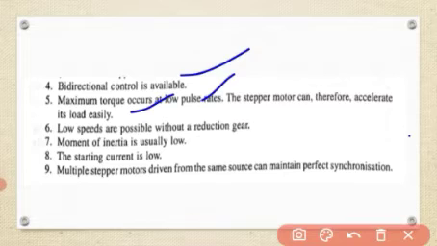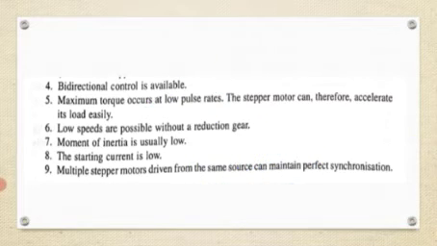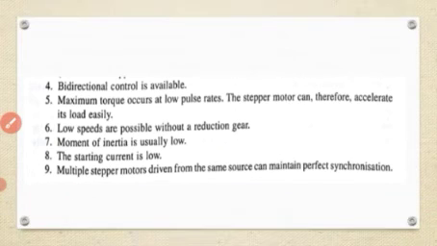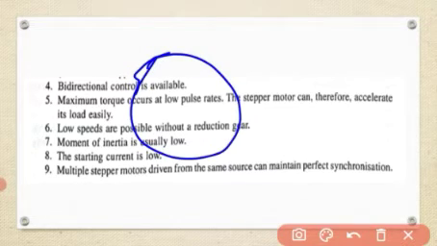The sixth one is that low speeds are possible without a reduction gear. So here we need not go for a reduction gear system. A reduction gear system is nothing but a wheel which is mounted, say rotating at 1,000 in 1 minute. See, a reduction gear system means there will be a wheel which has teeth,